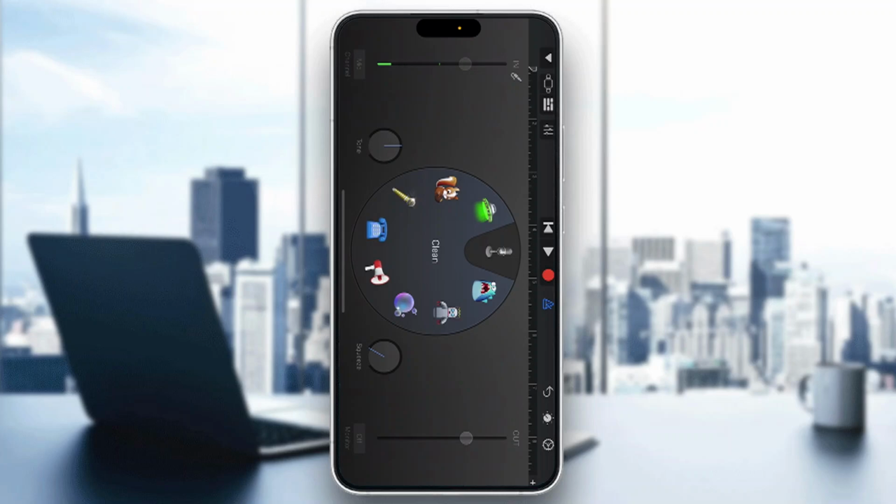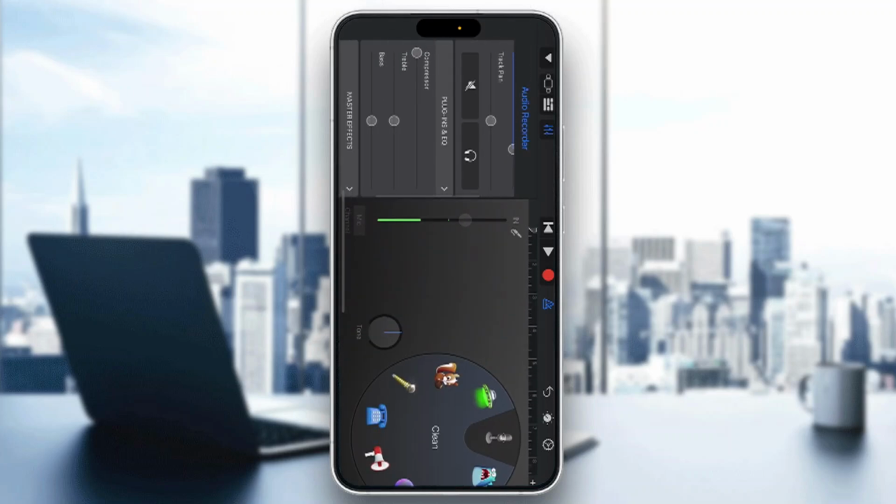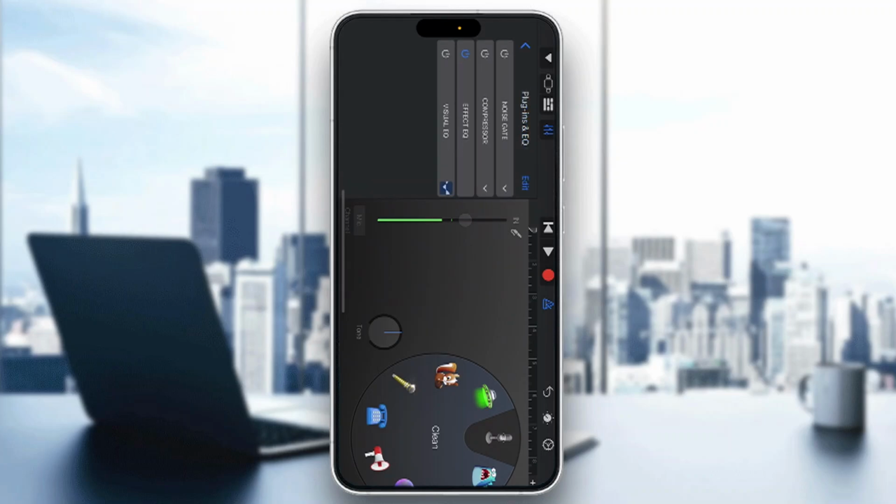and now we can get started with adding our distortion. So the first thing you can do is add any of the effects right here that you might want to use, such as the telephone effect or monster effect. That's going to get you the desired effect. But if you just want to add a distortion, what you want to do is go right here into the upper left corner and click on the sliders option. That's going to open up the track settings right here, and you scroll down, you can find the plugins and equalizer. So what you want to do is open up plugins and equalizer by clicking on it,